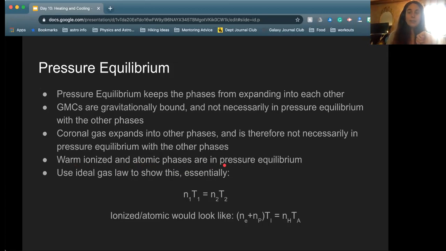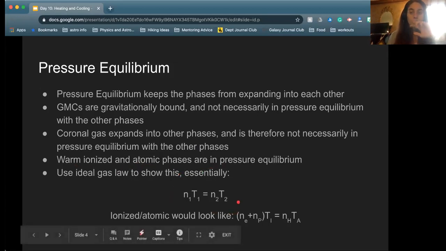4 of my 6 phases and about 50% of the filling factor are in that pressure equilibrium. We can use the ideal gas law to model this. So PV equals nRT is our ideal gas law. We're saying we're in pressure equilibrium, so our pressures are equal. Thinking about volumes is a little bit more confusing, but